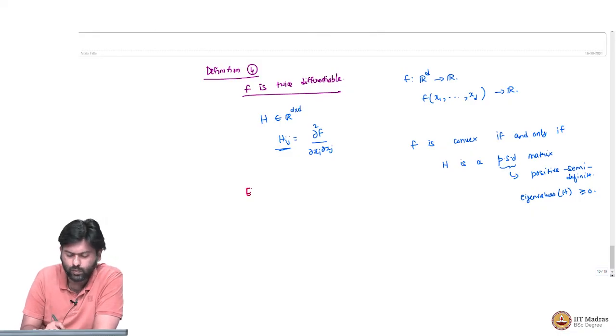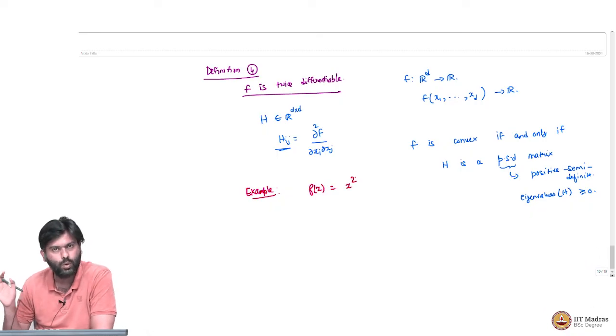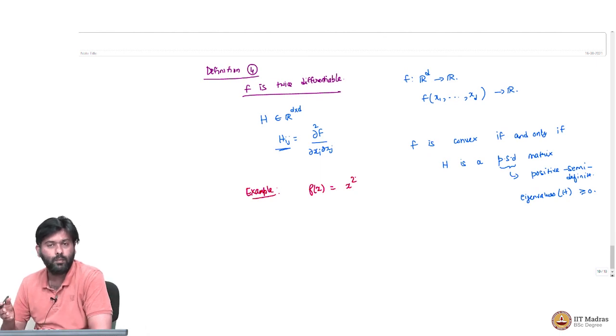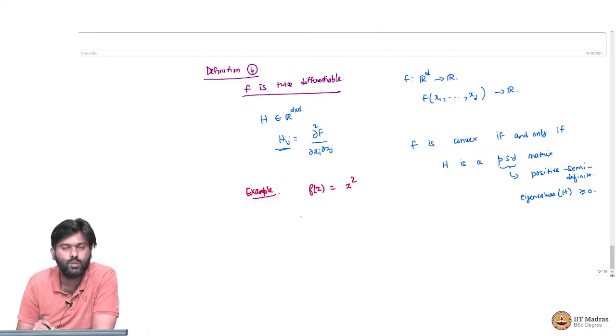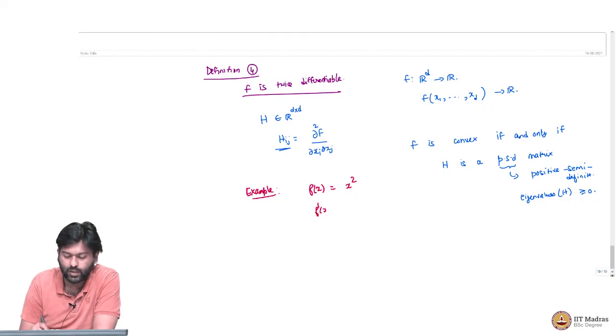So where is this useful? A simple example where this may be useful is as follows. If you think of f of x as x squared, this simple R to R function, I think it's not too hard to show that this is a convex function. There are several ways you can show this. If you had to use this definition, then you would do f dash of x, which would be 2x. Now your H is a matrix in R^(d cross d), but then your d itself is 1. So it's just a one dimensional function, and that value of H would simply be f double dash of x,